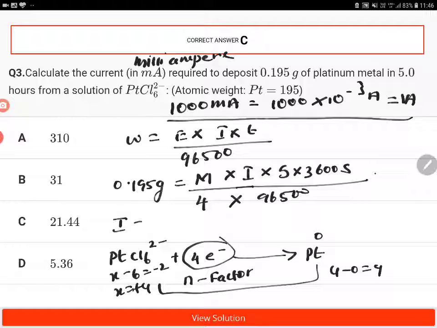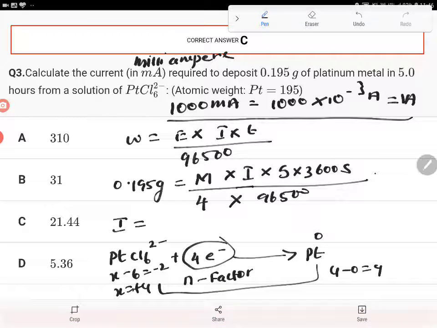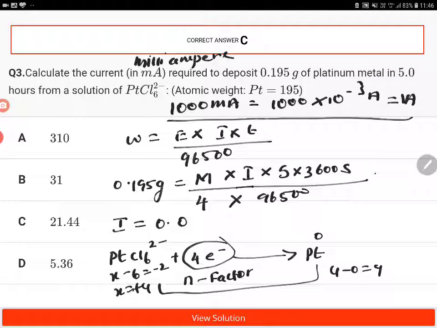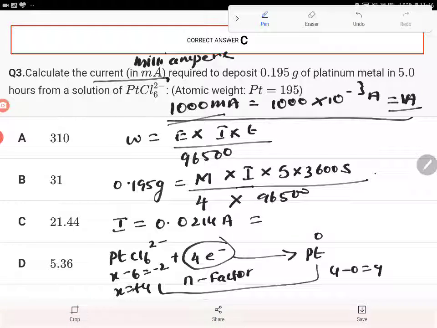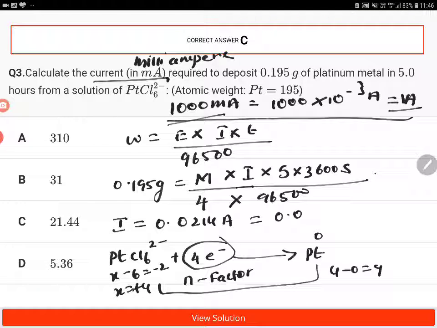Now if you calculate this, children, you are going to get I is equal to 0.0214 ampere. So as I already told, we have to convert ampere to milliampere because the question is asked in milliampere. Therefore, this is equal to 0.0214 into 10 power 3 milliampere, that is equal to 214 milliampere. Therefore,